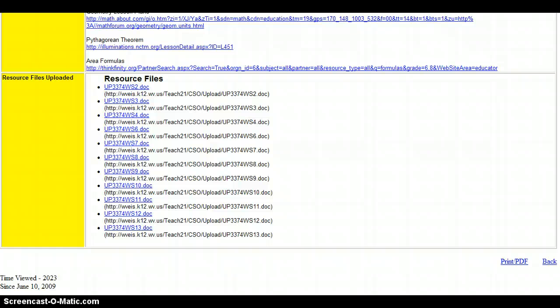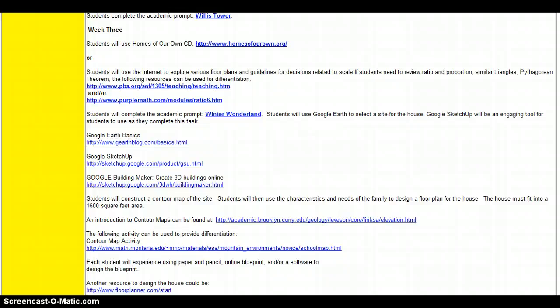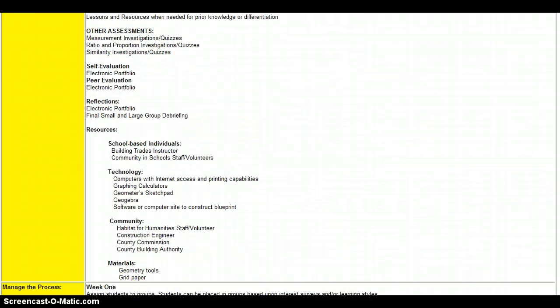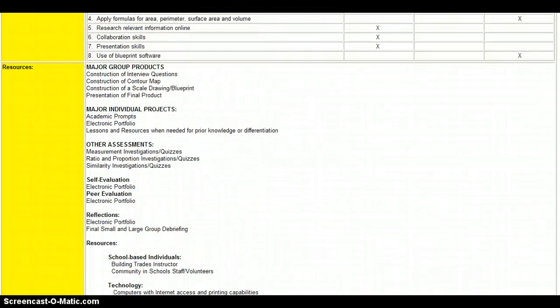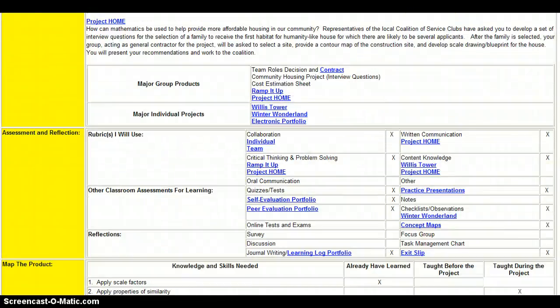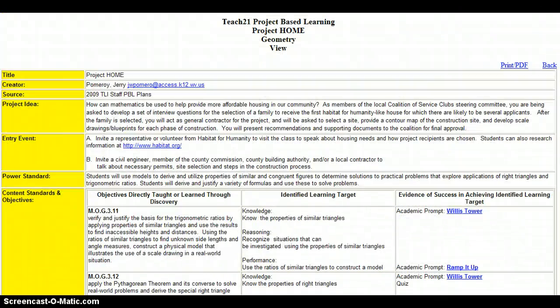Resource files that you might need. Some of the projects also, where it tells you what you're going to need, it also tells you who you might need help from. I found a project that requires